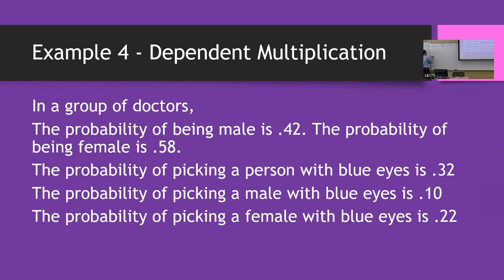The probability of having blue eyes is 0.32. The probability of picking a male with blue eyes, so that's with both traits of being male and with blue eyes, is 0.10. And the probability of picking a female with blue eyes